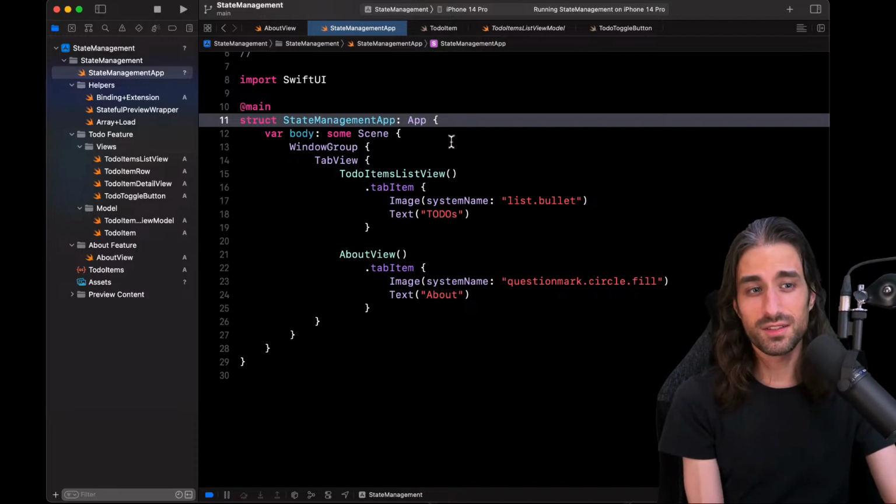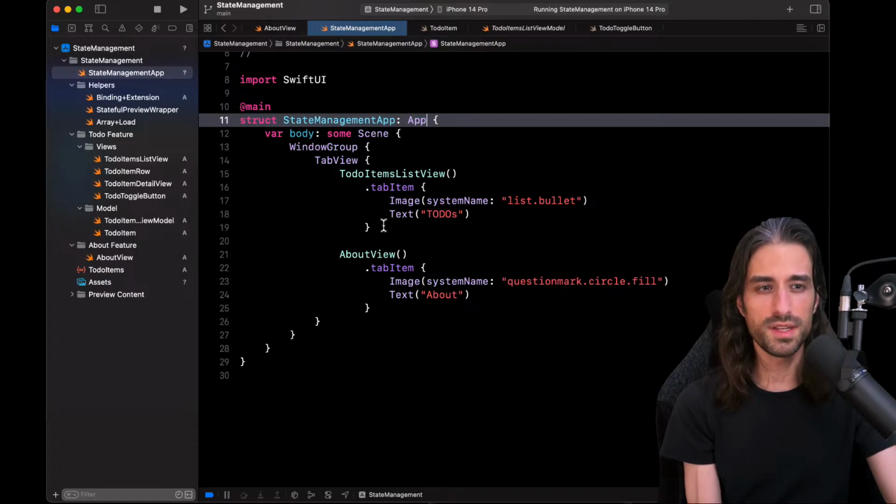And so that's why it's less of a problem to not be able to decouple the navigation for the tab bar, because most of the time the tab bar will be at the top of your app, and it will be a place where you naturally already know everything that your app is about.